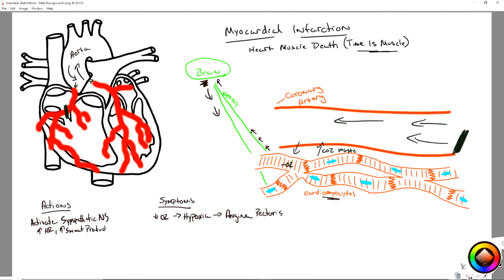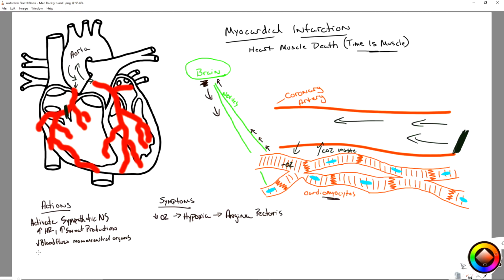It's going to say, decrease blood flow to non-essential organs. It's going to say a lot of different things to try and fix this problem that it doesn't even